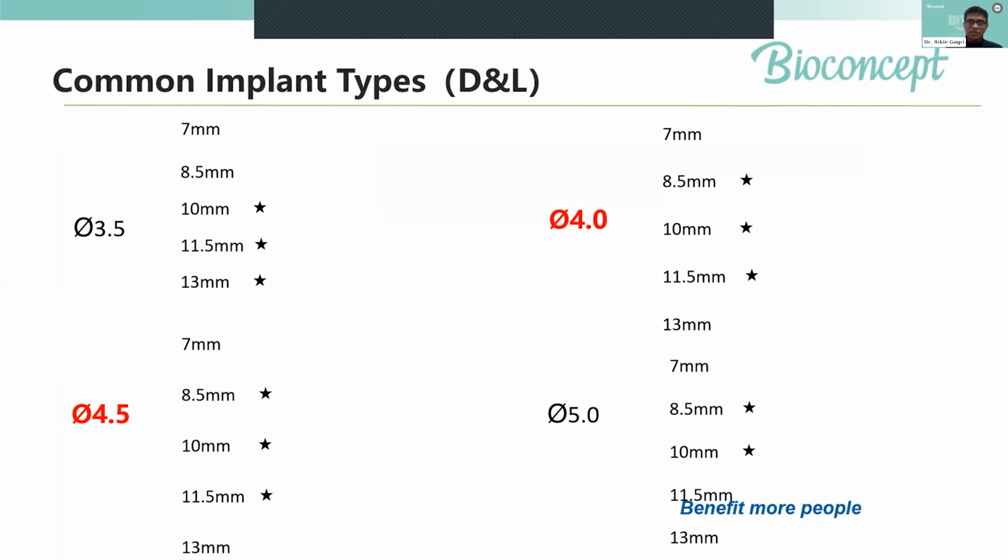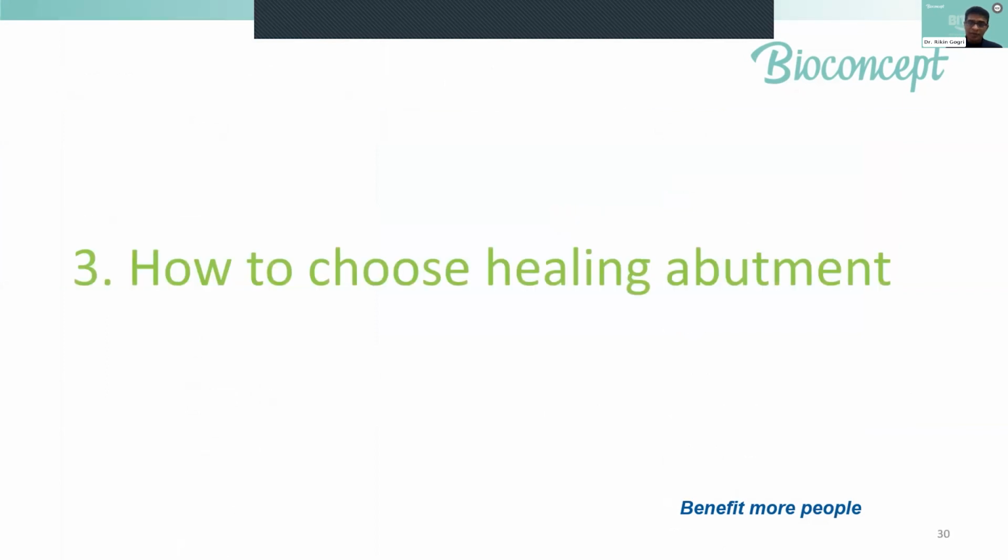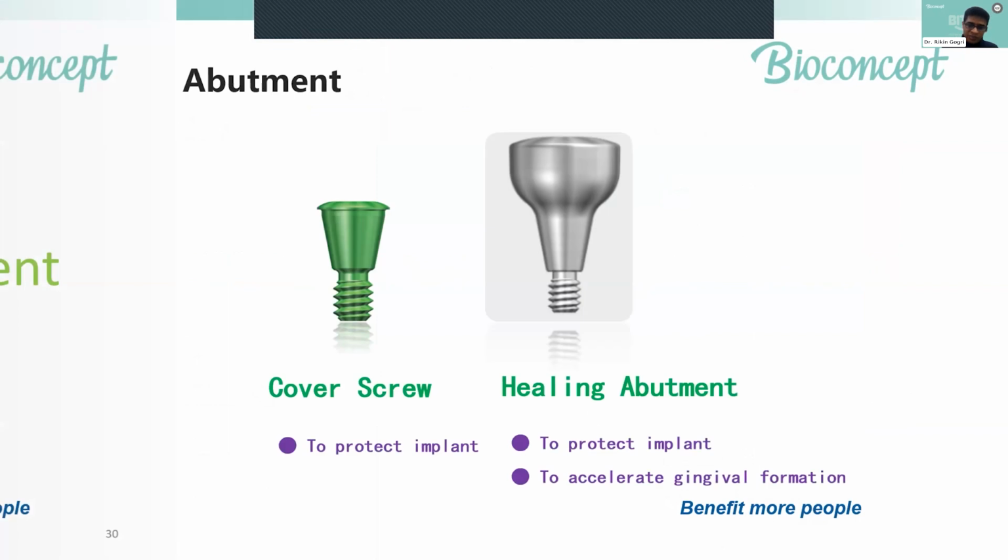Common types of implant, we have seen the diameters, how to choose a healing abutment. This is also equally important as much as choosing an implant, because if you want your prosthesis to look natural and have a good emergence profile, then you need to ensure that you do good soft tissue contouring depending upon the location of your implant. So if it's a molar, then you need to have a wide healing abutment so that the undersurface of your molar seats well in that area, and there is minimum food entrapment, which can eventually lead to peri-implantitis or